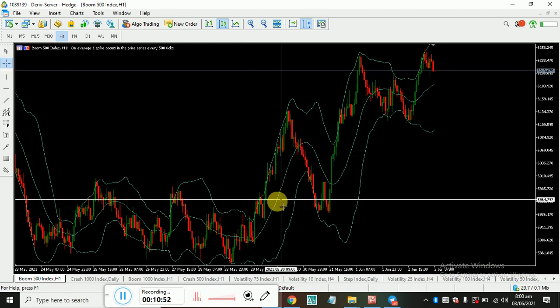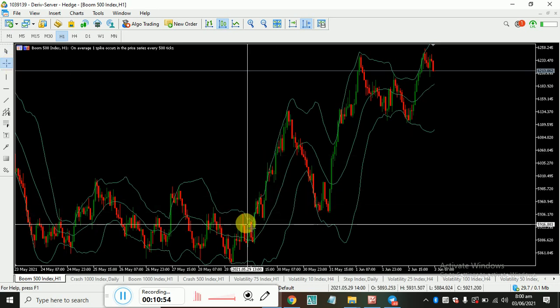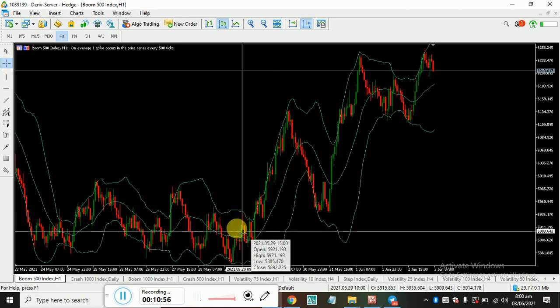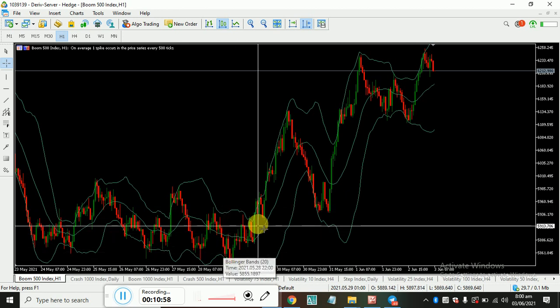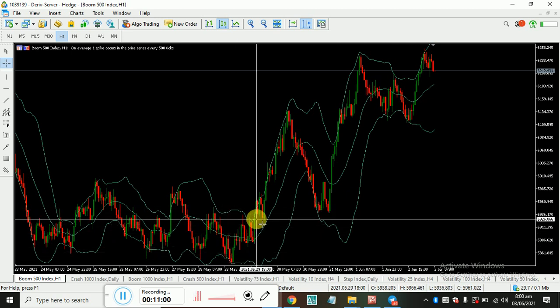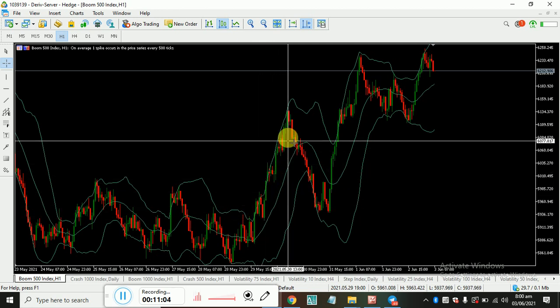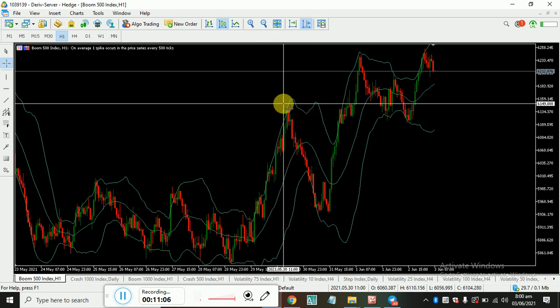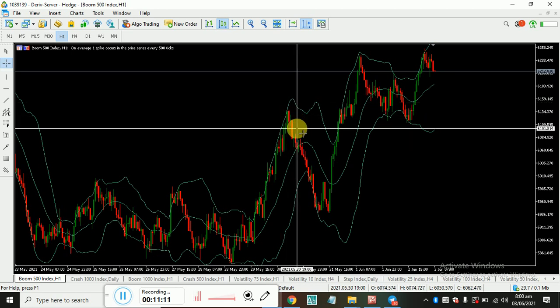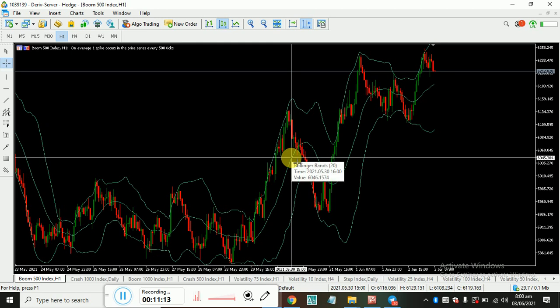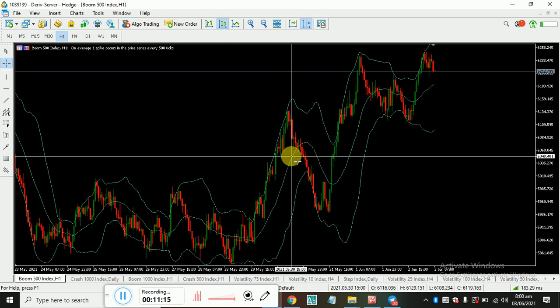Look at somewhere here, when the bands squeezed together, you know this Boom 500 was actually buying. The bands squeezed together here, but when it squeezes together, just be ready for a breakout. And when it broke out, look at how much it bought. So if the candle starts to break out above the top band, the move will usually continue to go